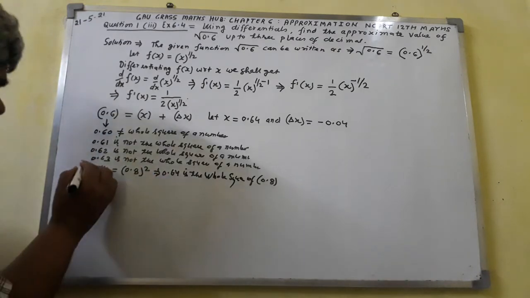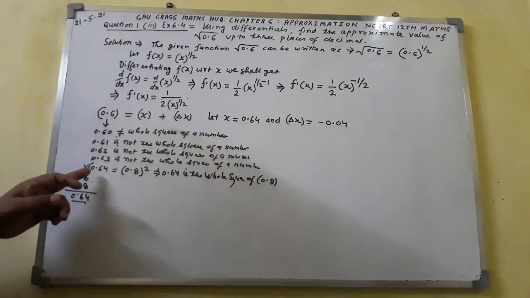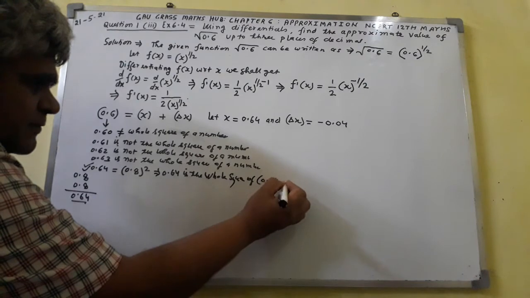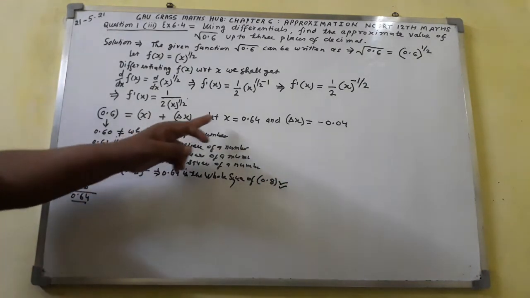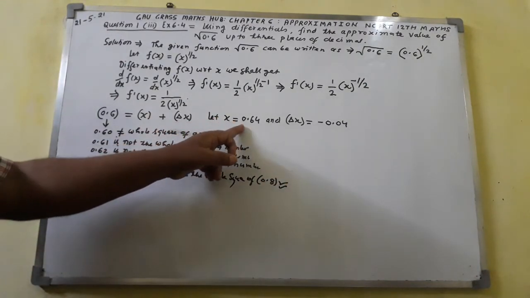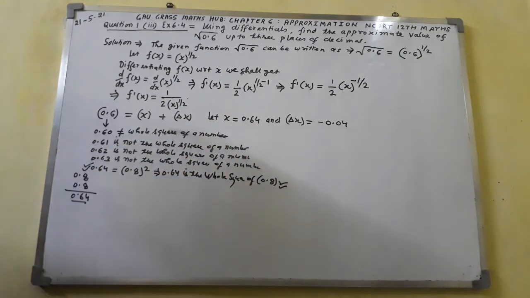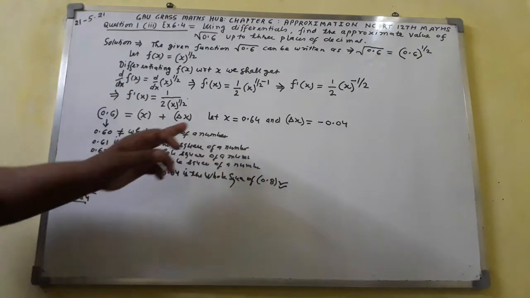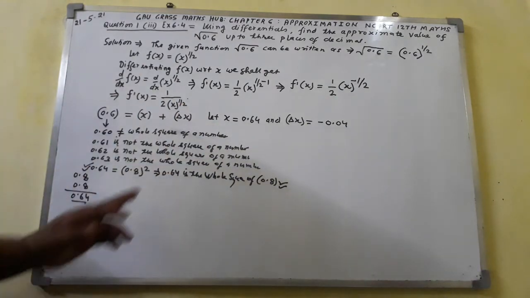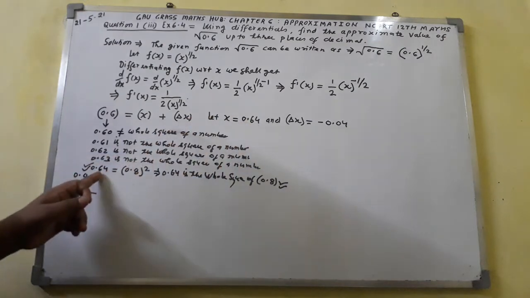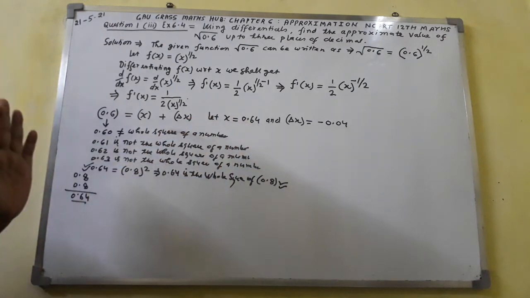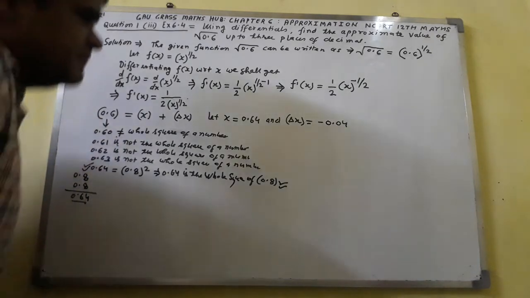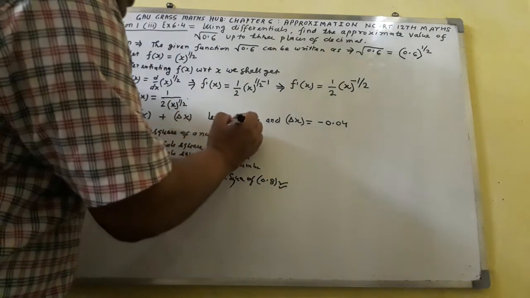So now this value I shall take, the value of x as 0.64. That's why the value of x will be 0.64. That the value of x equal to 0.64 is fixed here, because 0.64 is equal to 0.8 का whole square. Now the value of x you have got.